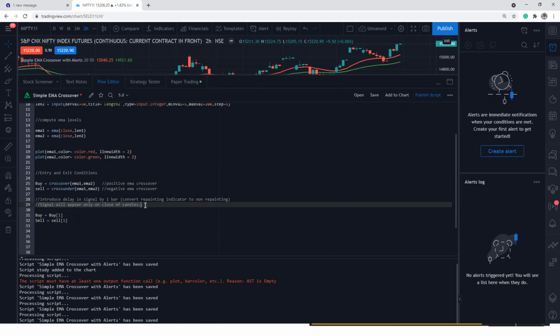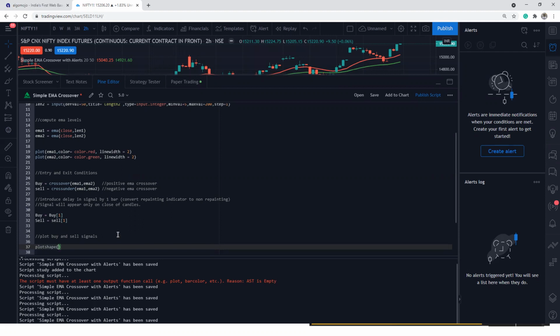Now we also need to plot the buy and sell signals. That is also pretty easy. Let's see how we can do that. There's a function called plotshape. Using that, you can plot buy and sell signals.